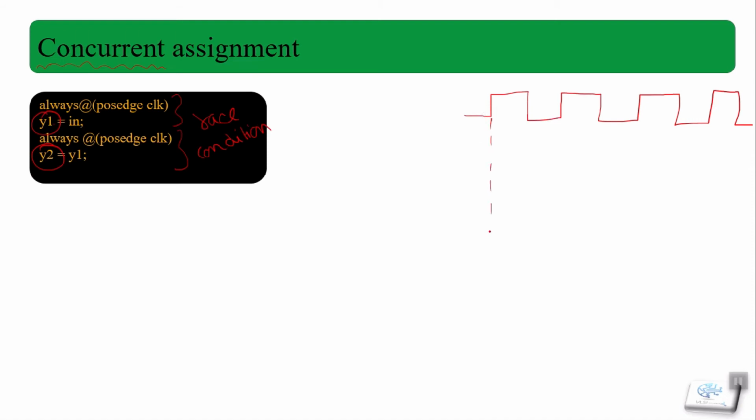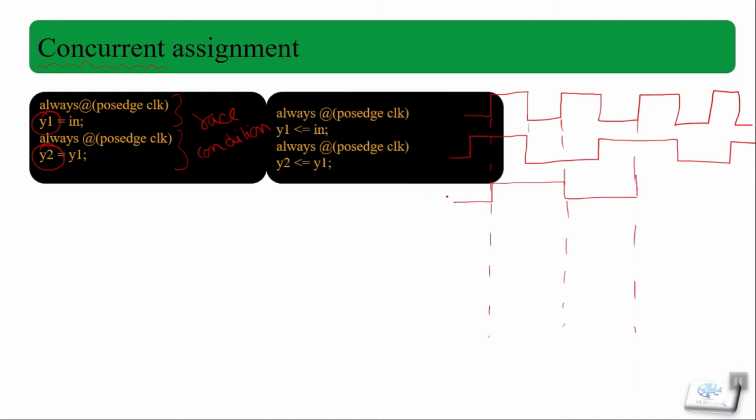Suppose our Y1 gets updated whenever we get our input. So this is the input we are taking. Now let's understand Y1. Suppose our Y1 goes high on the first positive edge of clock, and it is high until our next positive edge of clock and goes low. If we update our Y1, then the update on Y2 will happen and cause an error, because it causes a race around condition here.